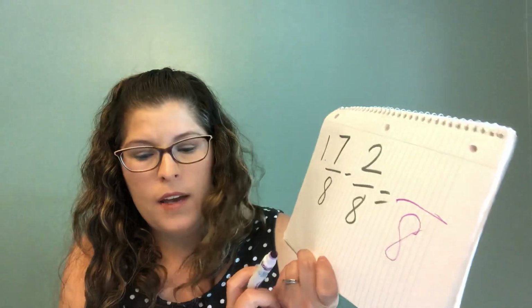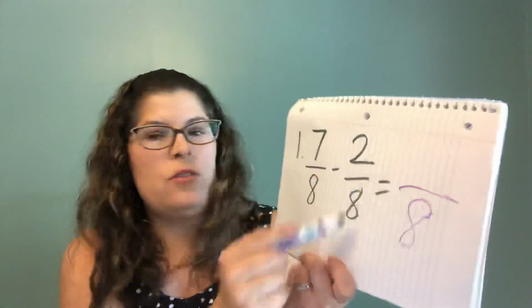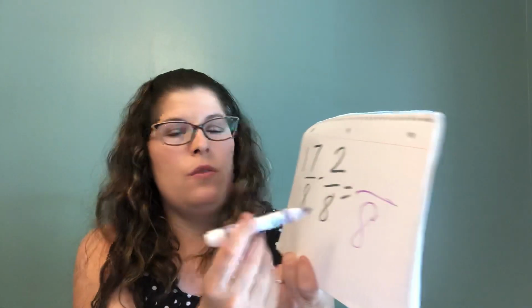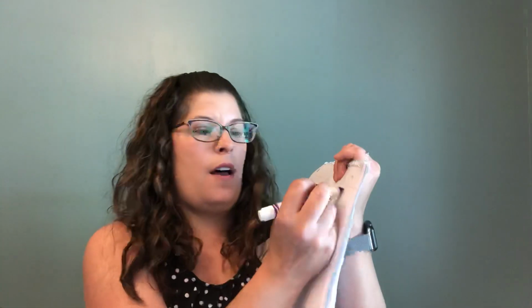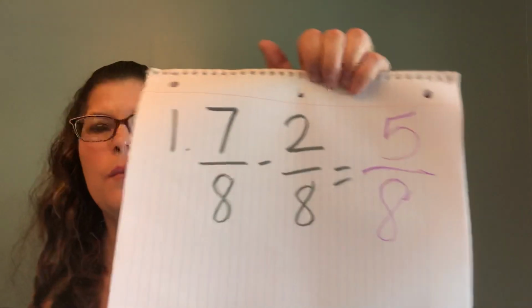7 over 8 minus 2 over 8. So what's 7 minus 2? That equals 5. And like I said, we haven't done simplest form yet, so don't worry about it. Number 4,